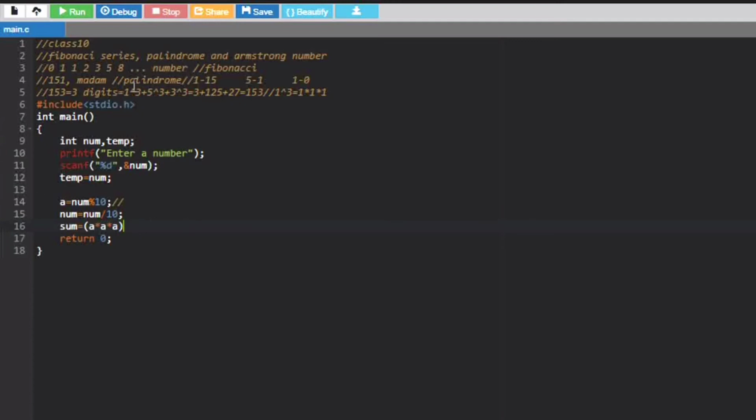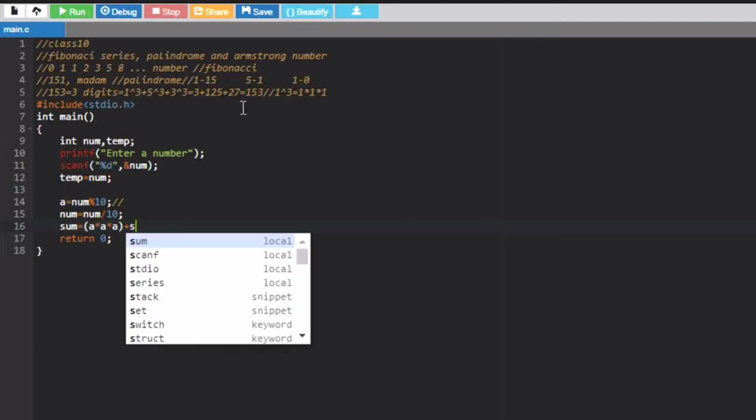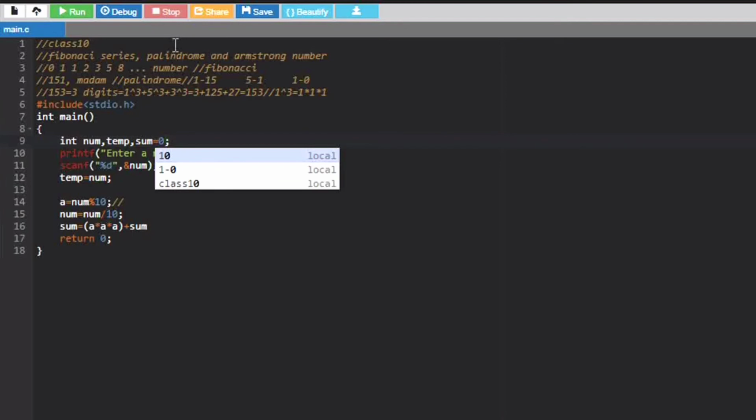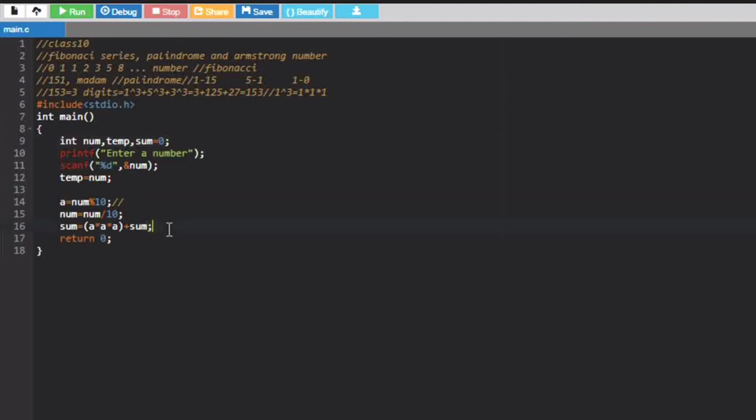And after getting multiplied, I can see we are adding with something. Okay, so our something is going to be the sum variable itself, and first thing, our sum has to be 0 for the first time when it runs. So here comes now our loop.